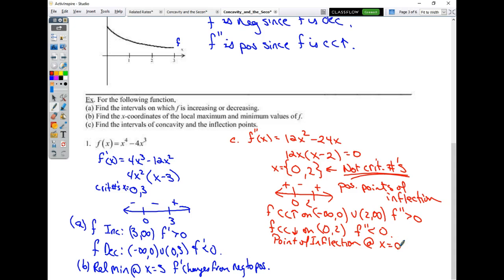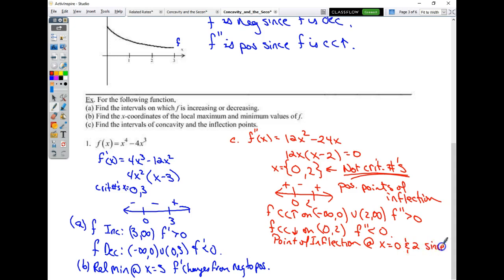And now here's where things get fun. The straightforward way to write this is that x equals 0 since f double prime changes from positive to negative, and at x equals 2 since f double prime changes from negative to positive. I'm going to show you the way that I write it, which is correct. It cheats a little bit. You still only work on concavity. It does not work on critical points. So if you want to have the same thing, write it as two separate statements. I'm going to write it as a single statement. At x equals 0 and